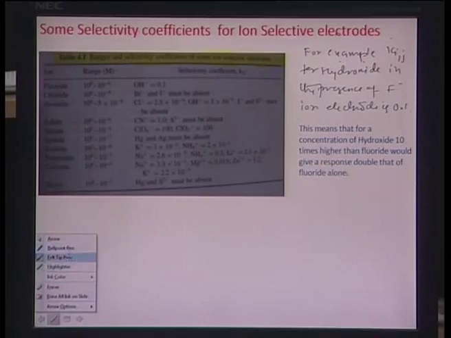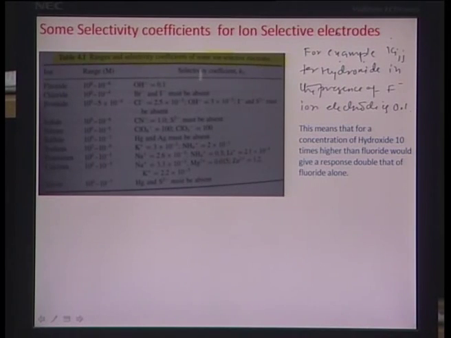How to interpret this table really? This here is giving the Kij value. So if you want to measure hydroxide, which is the primary ion in this case, in the presence of fluoride, the ion selectivity of hydroxide is only 0.1. If you want to measure bromine and iodine, chlorides really must be absent from the solution, so that you could